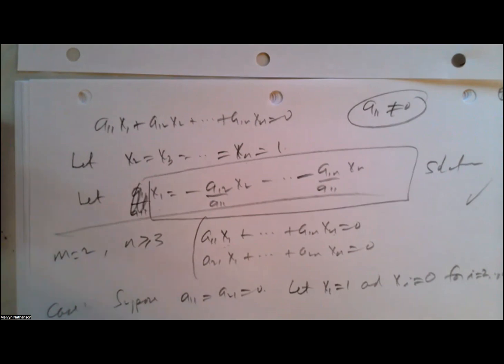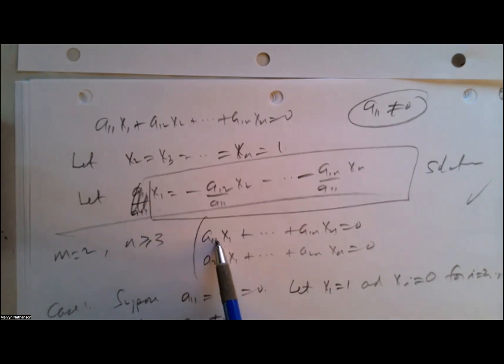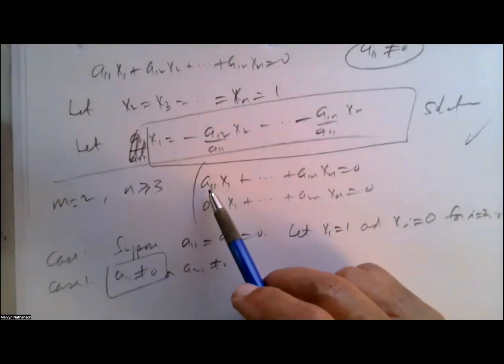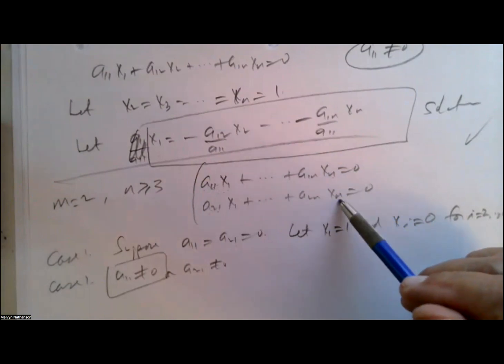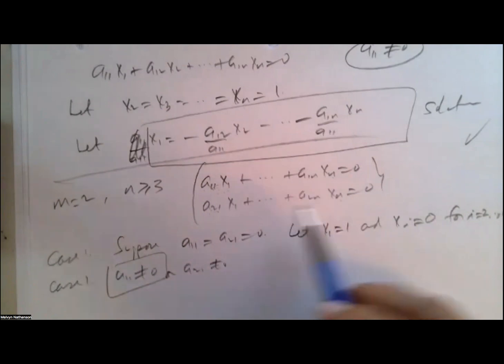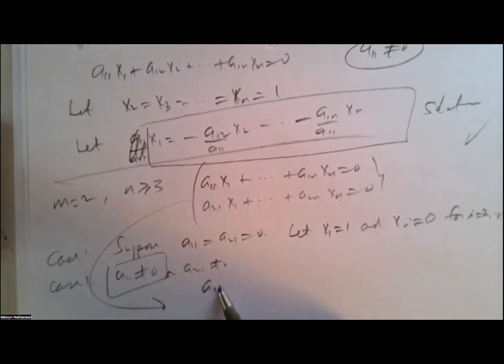In case 2, A11 is different from 0, or A21 is different from 0. That is, at least one of these two is different from 0. If A11 is different from 0, good. If A11 is 0, A21 is non-zero, so I can interchange the equations. So we can assume that A11 is different from 0. If this coefficient is different from 0, by subtracting a suitable multiple of the first equation from the second, I can transform this system as follows: